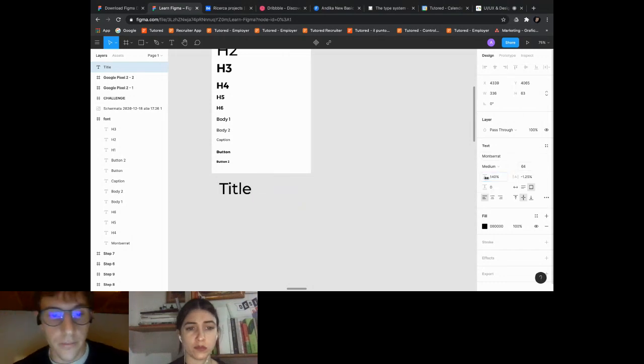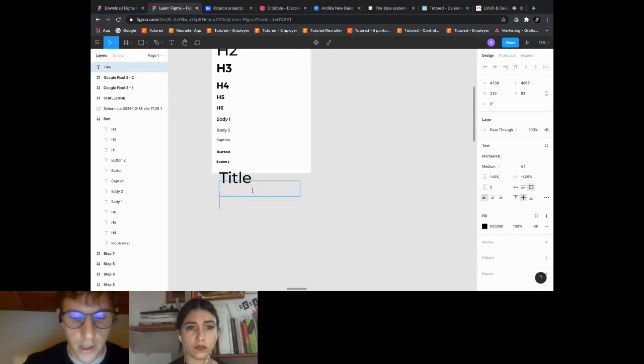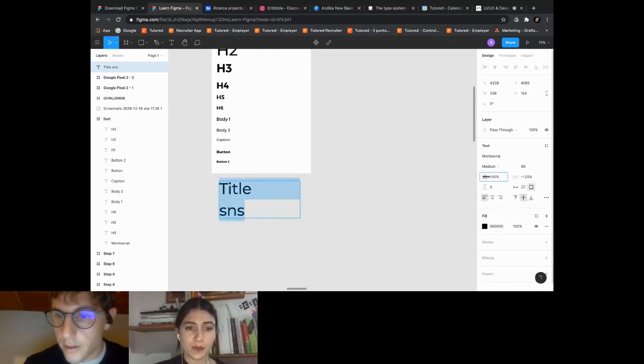The line height is the distance between sentences. You can use percent like this, or pixels like this. It's the same.